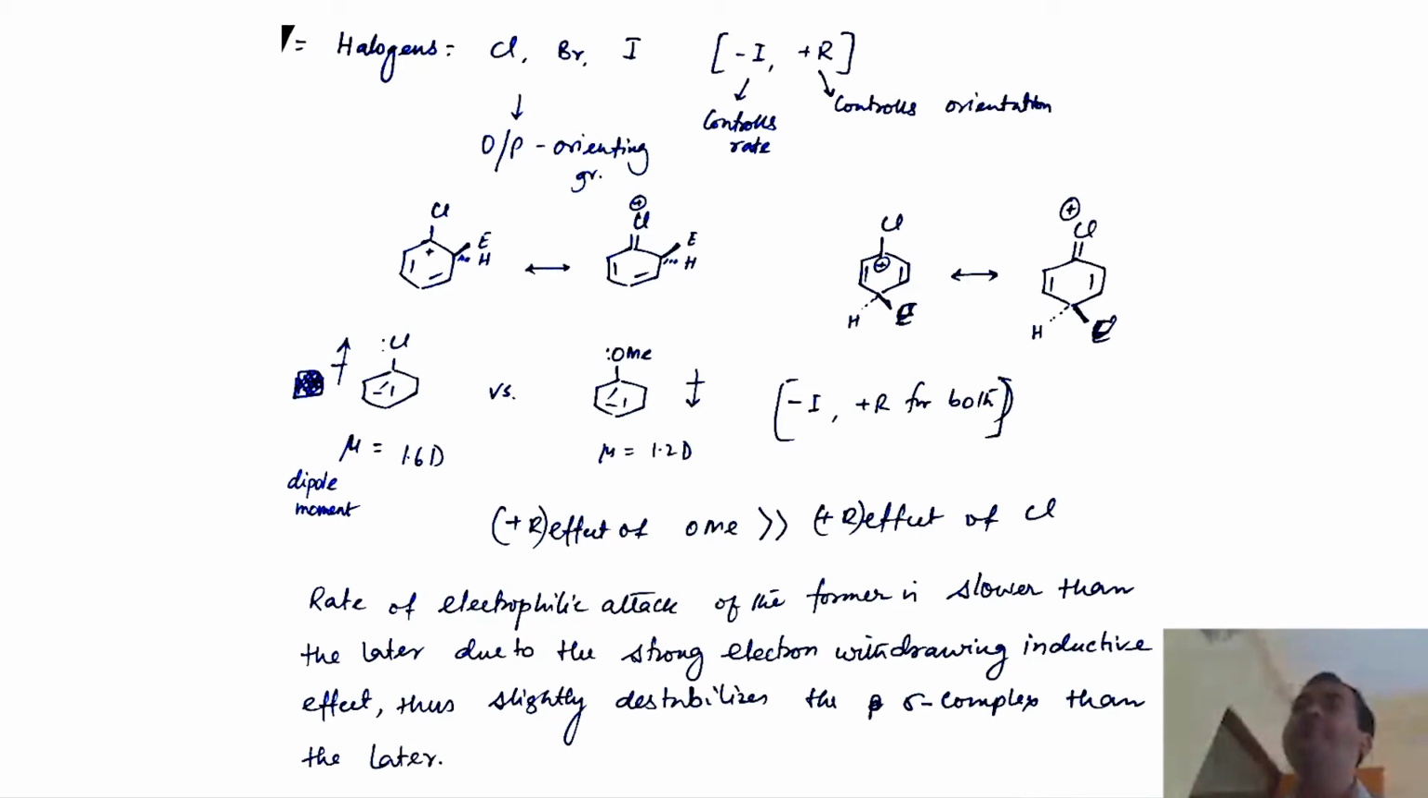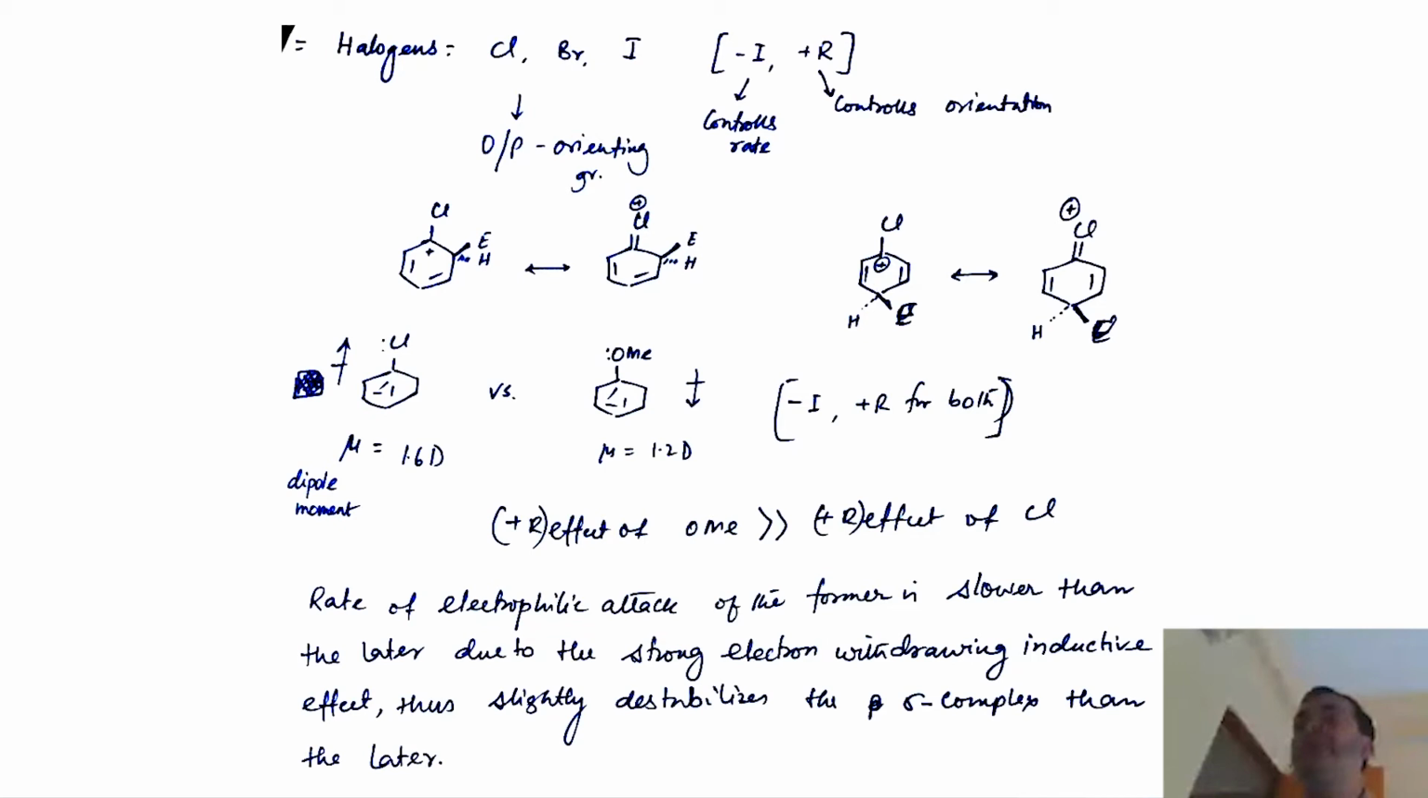So in this case, if it is ortho attack, positive charge generates here, and chlorine gives its electron as a plus R effect, stabilizing the sigma complex. Same with the para attack. Here also you get a positive charge, stabilized by the chlorine. So you also get a stabilized sigma complex. That is why these are ortho-para oriented. But then